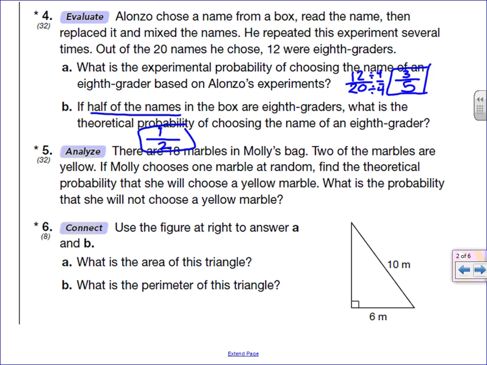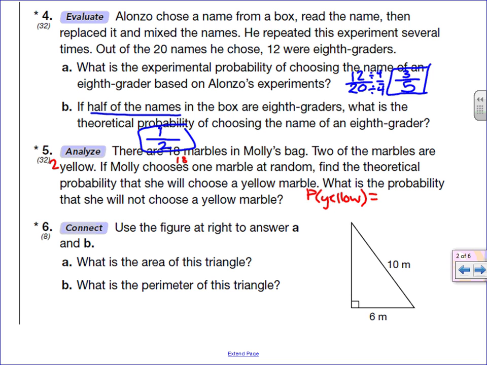There are 18 marbles in Molly's bag. 2 of the marbles are yellow. So 2 yellow. If Molly chooses 1 marble at random, find the theoretical probability that she will choose a yellow marble. So the probability that she will get yellow